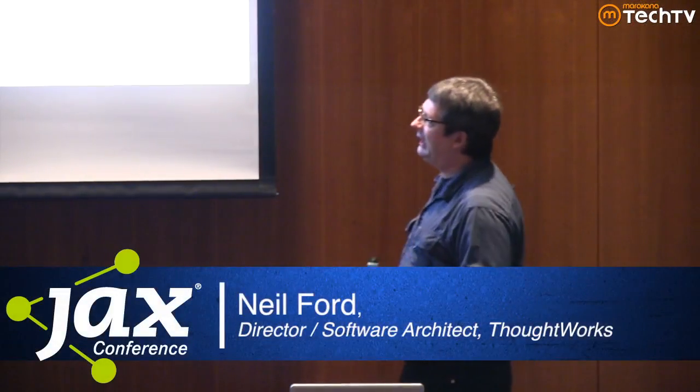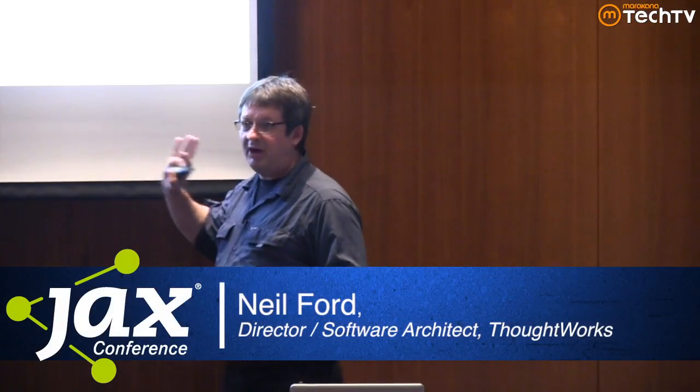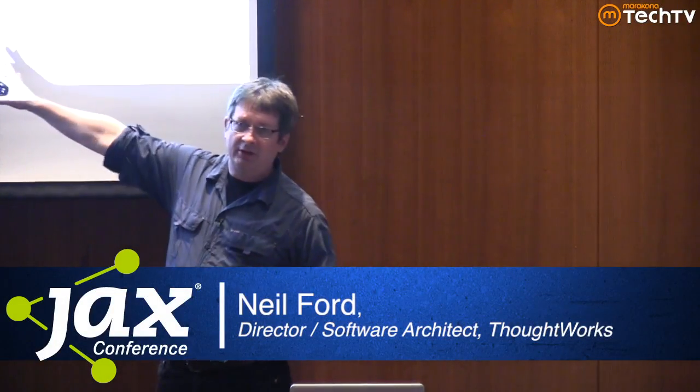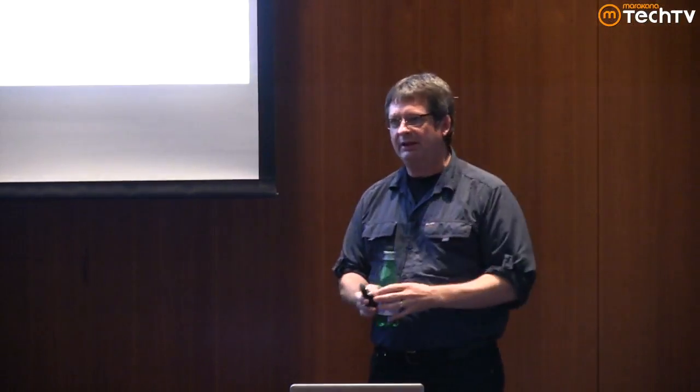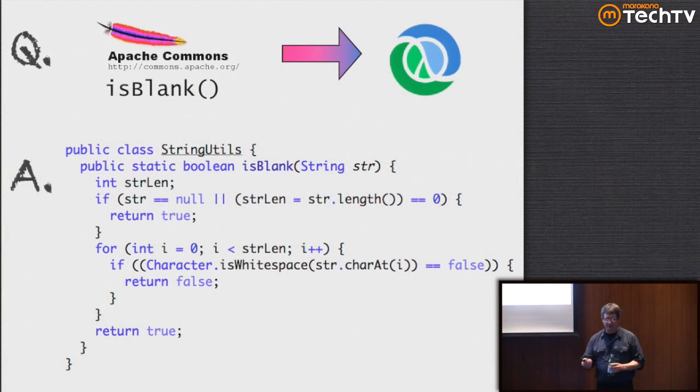Certainly, using Clojure changes the shape of your code. So what I want to do is take a common piece of code that probably exists in your code base right now, Apache Commons, the isBlank method, and convert that over into Clojure kind of one step at a time, deconstructing it from one language to the other. And I'll do this a couple of times. Here's the first time.